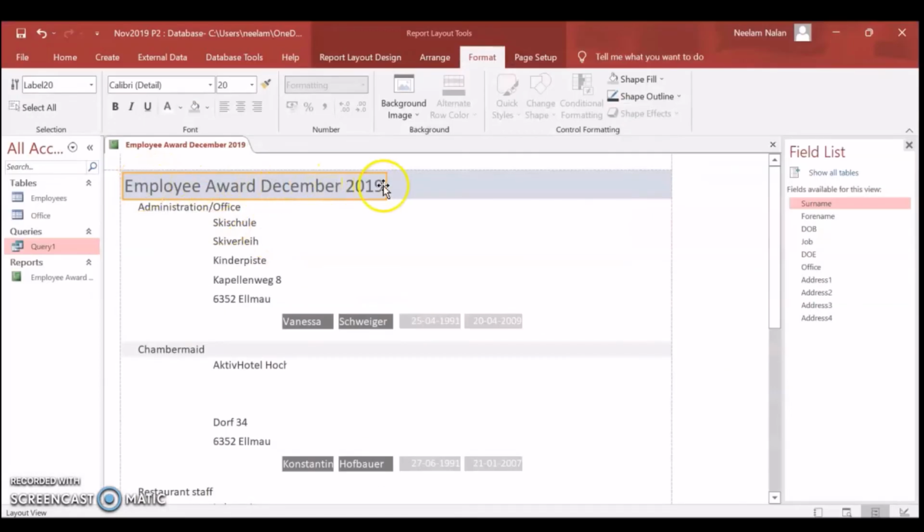Appropriate title to the report. Let's say Employee Award December 2019 for the loyalty towards the company over 10 years.